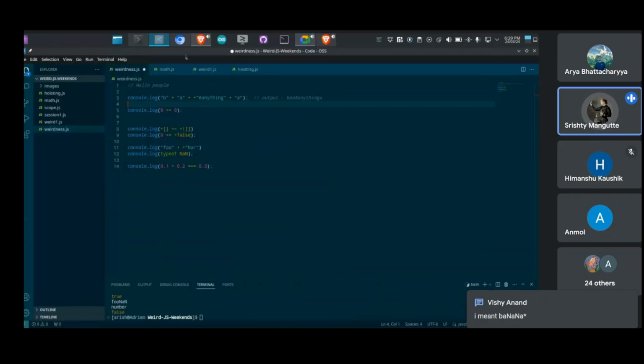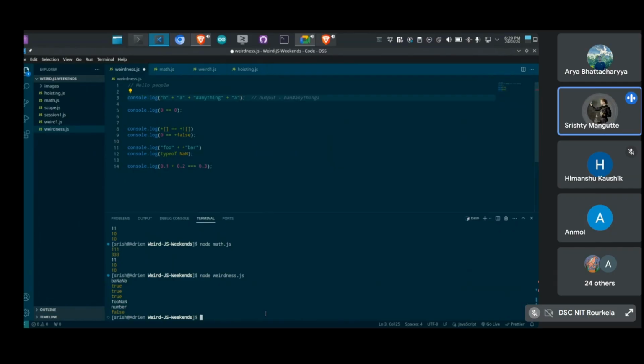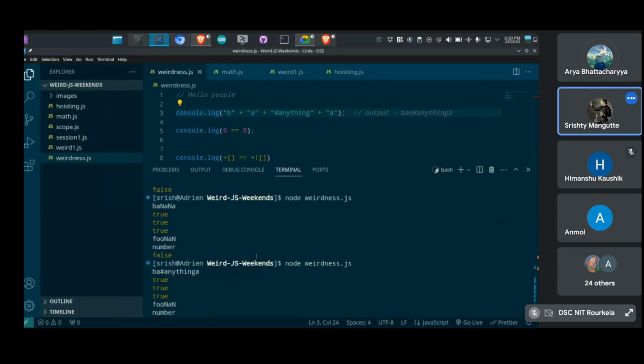Okay, as he said, if we don't add this plus, let's check what is going to be the result. Okay, it is banana. Is my screen visible? Is the terminal visible? Let me increase it.